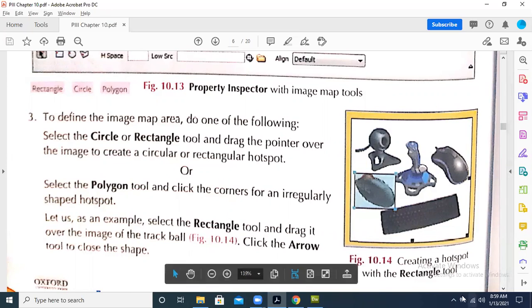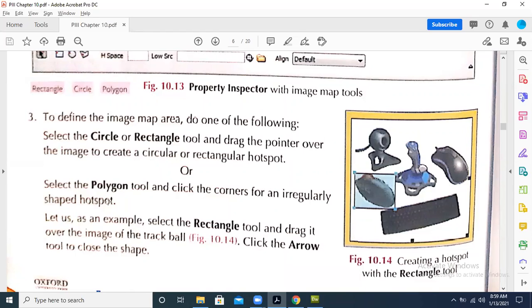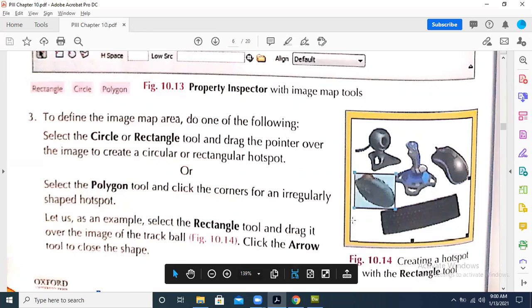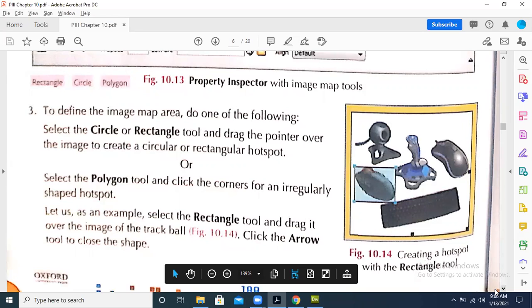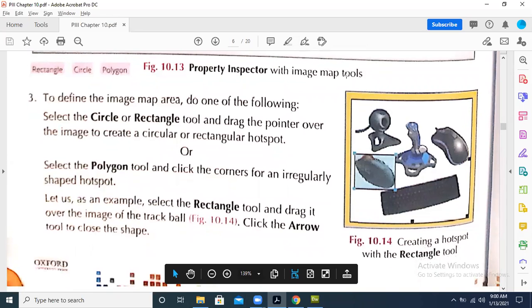Select the polygon tool and click the corners for an irregularly shaped hotspot. So we can take the polygon tool as well for this job. If the image is not in the shape of a rectangle or a circle, we can use the polygon tool by drawing different lines.